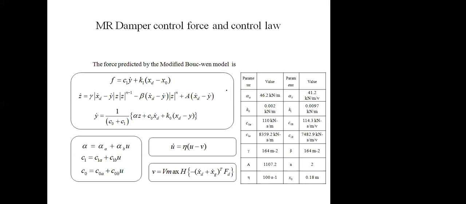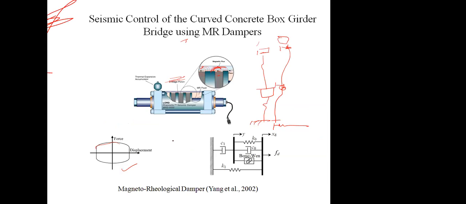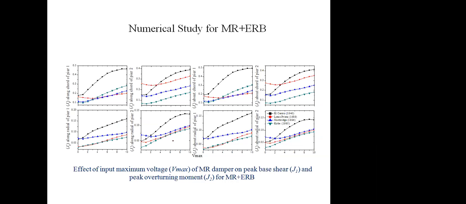The various parameters for this magnetorheological MR damper are given by the company itself for the 1-ton capacity damper. If we apply these, we can calculate the value of the damper force. These parameters depend on the input voltage. If we provide 0 volt to 10 volt, we can vary the voltage so that the performance of the damper can change as per the requirement.